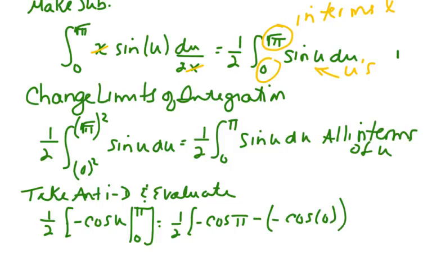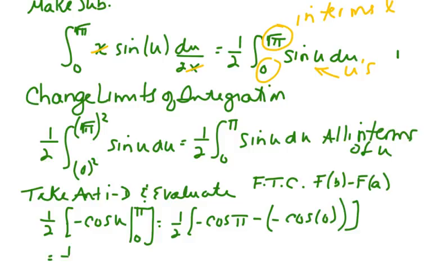Keep your sign straight here. It's very important to keep your sign straight. Remember the fundamental theorem of calculus is f of b minus f of a, where a and b are the upper and lower limits. So evaluating that,